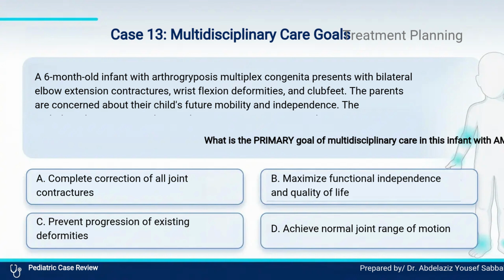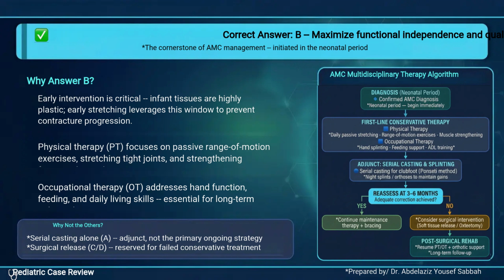Option A. Complete correction of all joint contractures. Option B. Maximize functional independence and quality of life. Option C. Prevent progression of existing deformities. Option D. Achieve normal joint range of motion. The correct answer is Option B. Maximize functional independence and